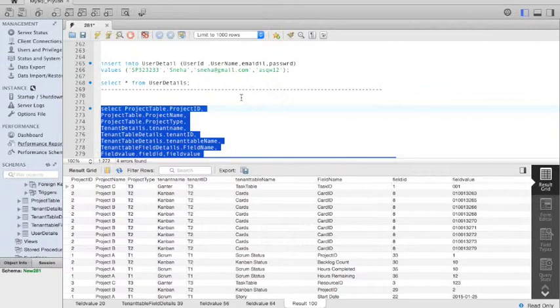Also, I designed the database which I have already shown in this presentation, like tenant details, tenant table details, tenant field details, tenant project details, user details, and analyzed its multi-tenancy behavior.